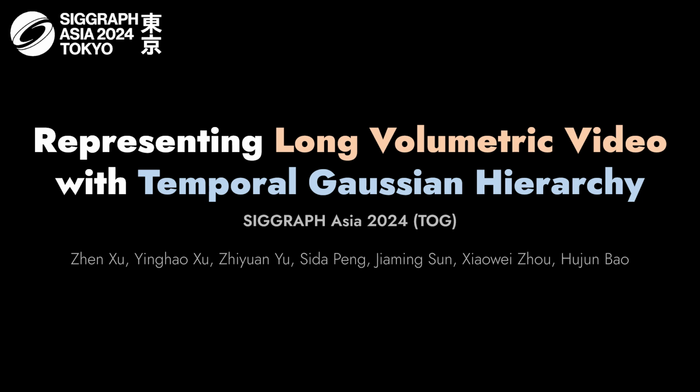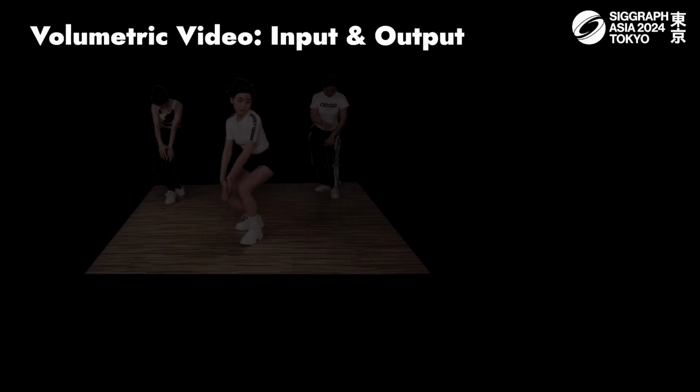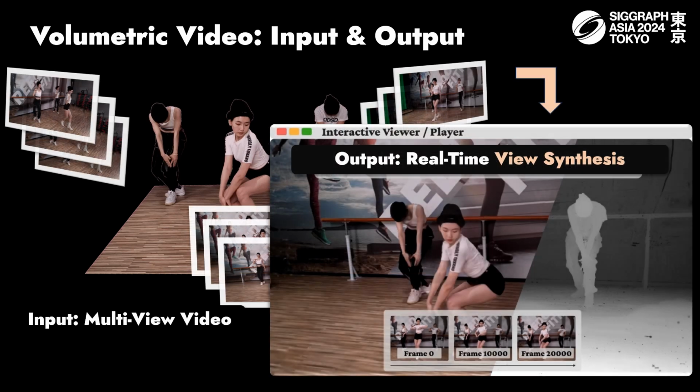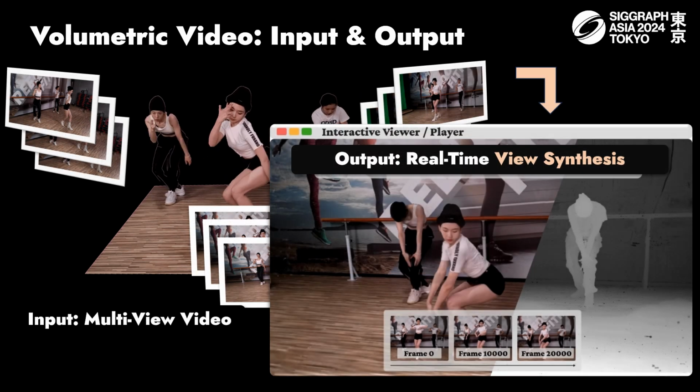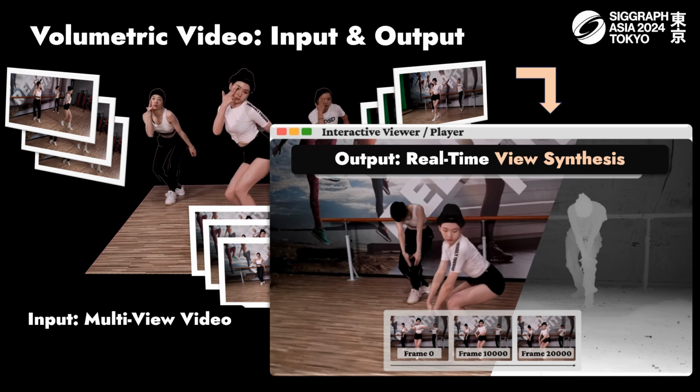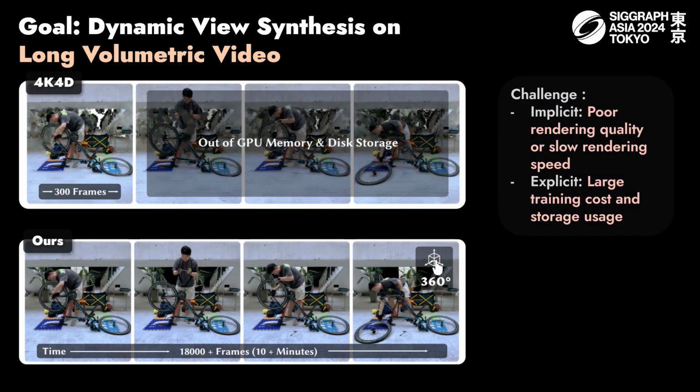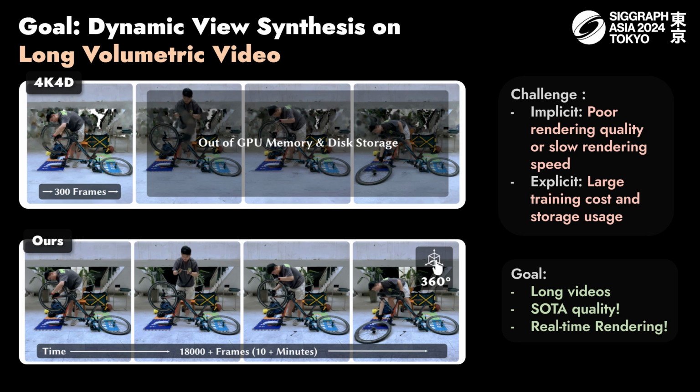We address the challenge of reconstructing long volumetric videos from multi-view RGB inputs using a novel 4D representation called temporal Gaussian hierarchy. The objective of dynamic view synthesis on volumetric videos is to present new perspectives of real-world dynamic scenes given input videos. This technology has widespread applications in fields such as film and game production, immersive remote communication, among others. The goal of our method is to efficiently perform real-time dynamic video synthesis on long volumetric videos up to